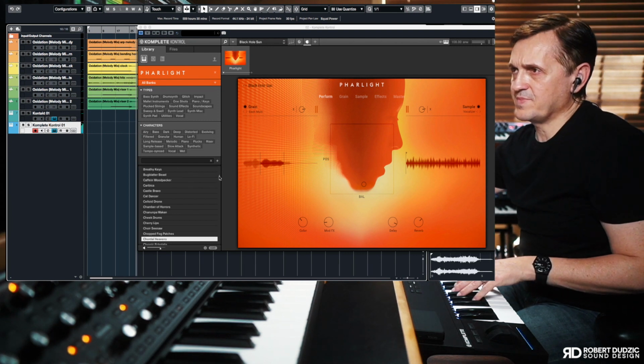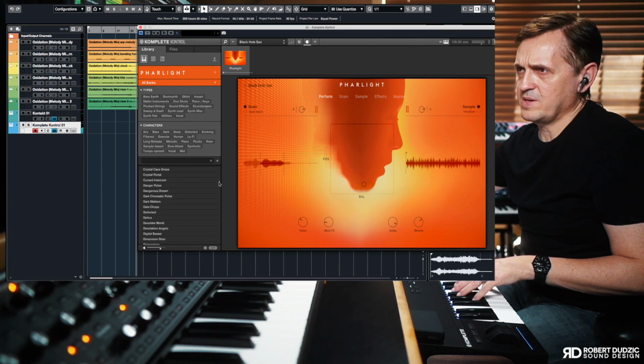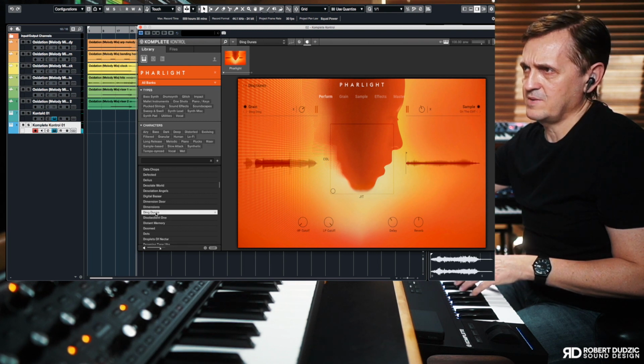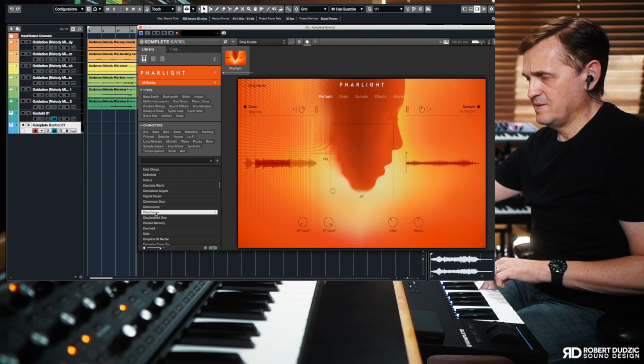You can scroll them the same way right here and just choose. And what I love is the preview of them right away. Like this one, I like this one. Okay, so let's load this one. So we have the sound,